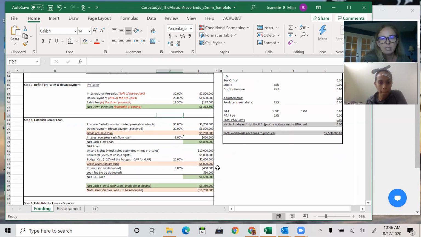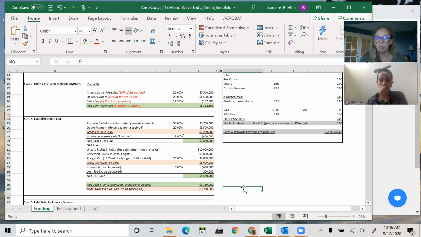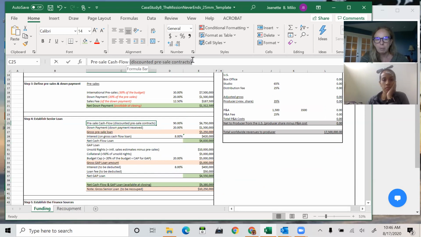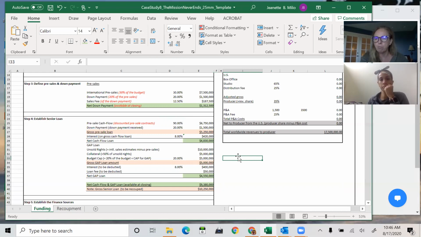So in the next line, we're sitting on all these distribution agreements, but they're just pieces of paper. They have zero value to us unless we can take them to a bank that gives us money for it. So we're taking it to the bank, and the bank says, thank you for all these beautiful agreements, but I'm going to apply a discount because who knows if they're all paid. So they're giving us 90% of our sales agreements, and our sales agreements were $7.5 million. That's the value that we have entered into. So 90% of $7.5 million is $6,750,000, the value the bank is establishing.